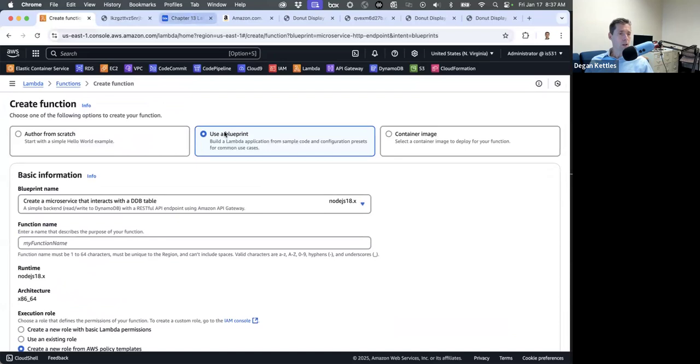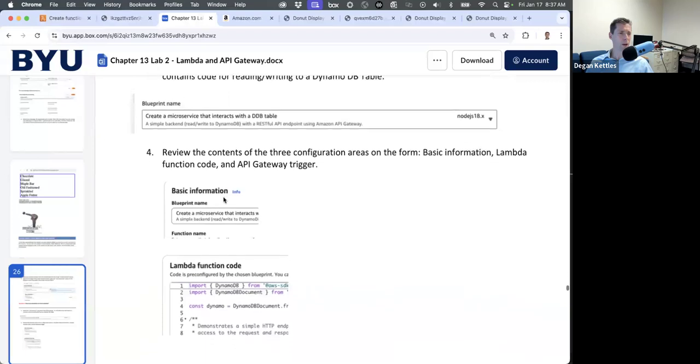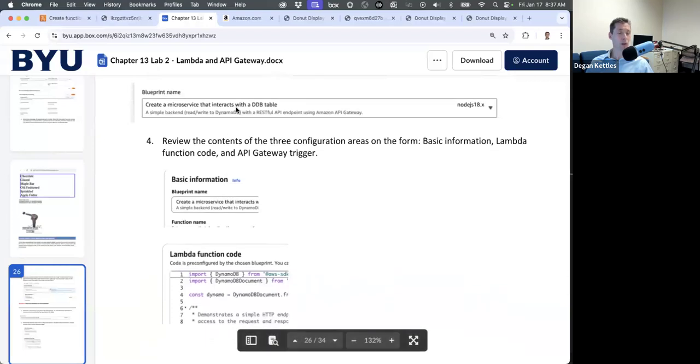All right, so awesome sauce. There's tons of different services you can interact with, and the boilerplate code is started for you if you were to use that. Ooh, look at that one. A microservice that interacts with the DynamoDB table. So I was just talking about